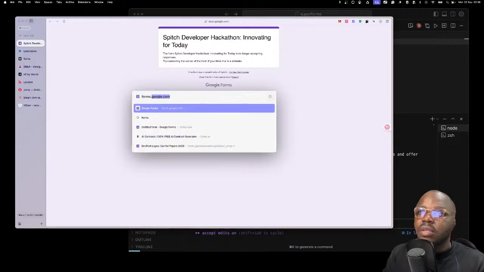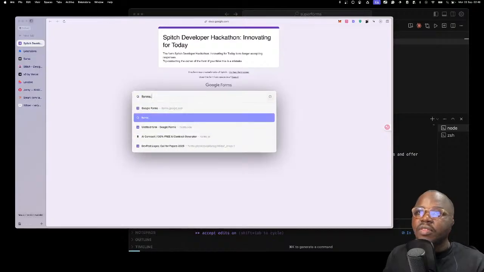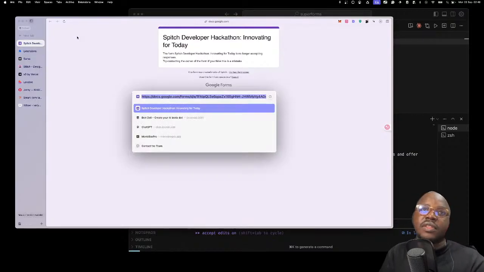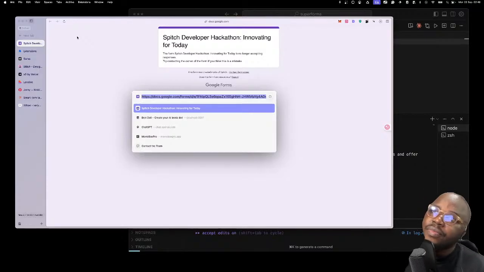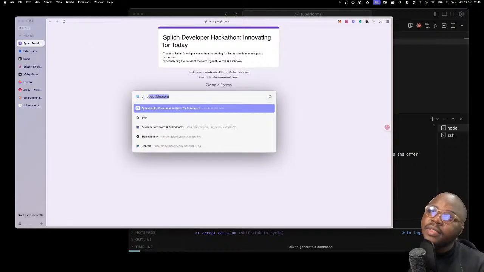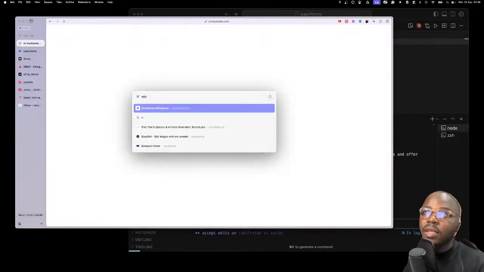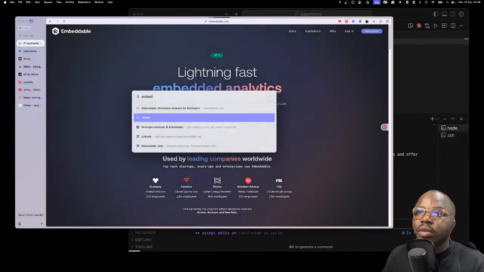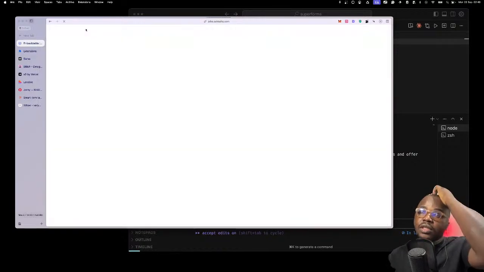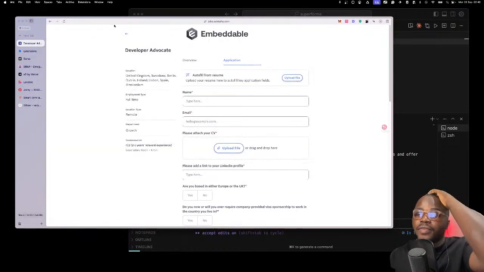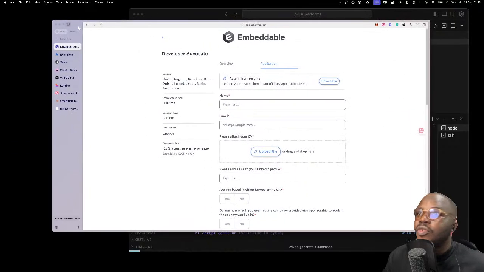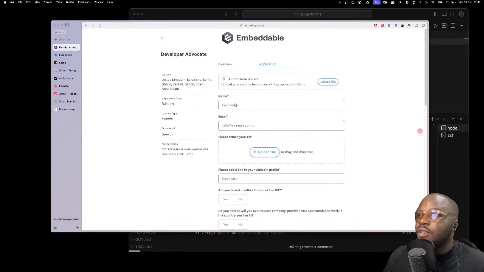I'm just trying to find any form that is available I can fill. Yes, embeddable. This is an actual form field that I would need to fill. So according to it, it should work.